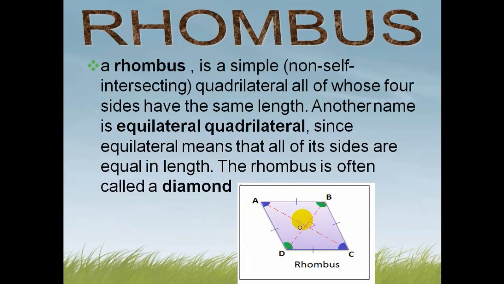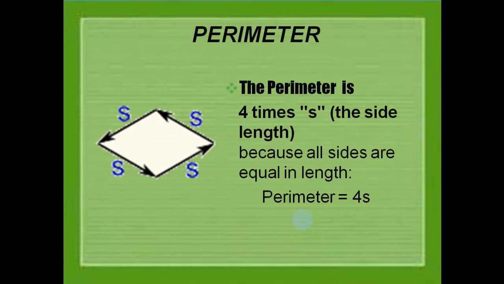Now to find the perimeter and the area of the rhombus. You see over here, this is a rhombus. A rhombus is like a square shape. So the perimeter is 4 times S, where S means the length of one side of the rhombus. Because all sides are equal in length, it is treated as a square. So the perimeter of this rhombus will be equal to side plus side plus side plus side, which can be written simply as 4 multiplied by S. So this is the perimeter of the rhombus.